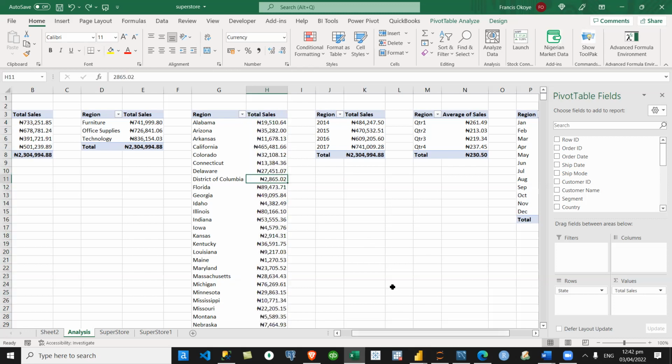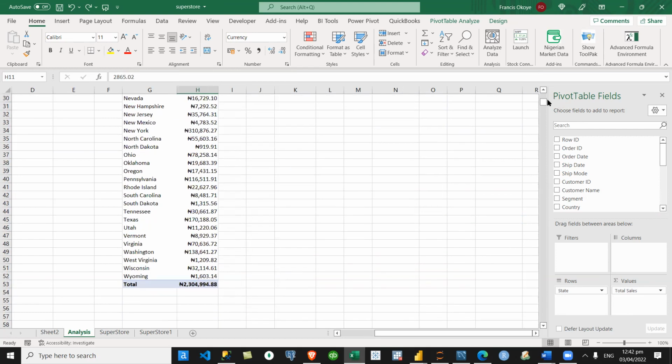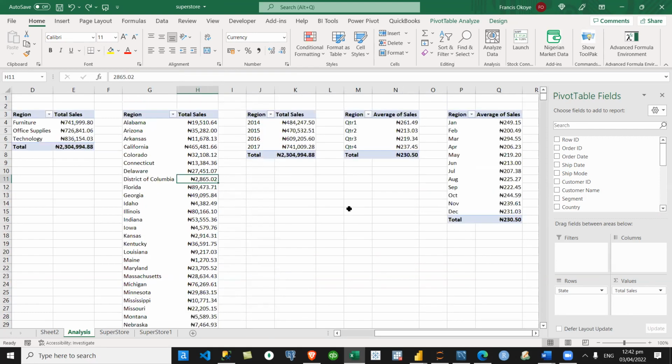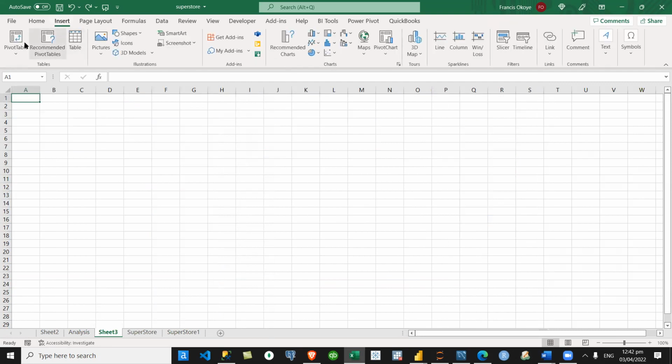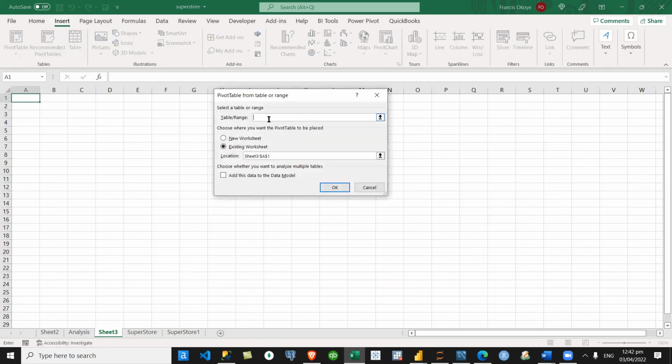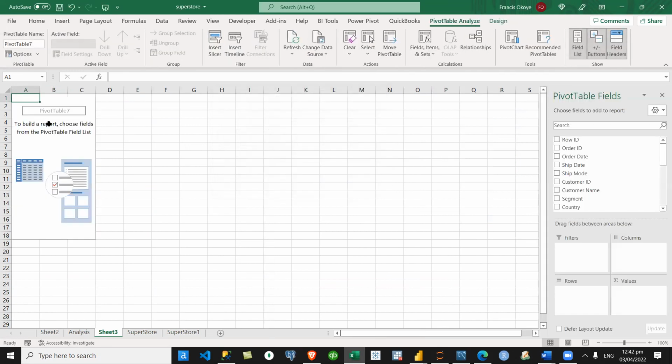All right, now the next thing I want to show you is that sometimes when we are building reports, for example, let me click another sheet. So if I click here, insert, pivot tables, what's the name of the table? Superstore, right? Okay. So let me create one report.